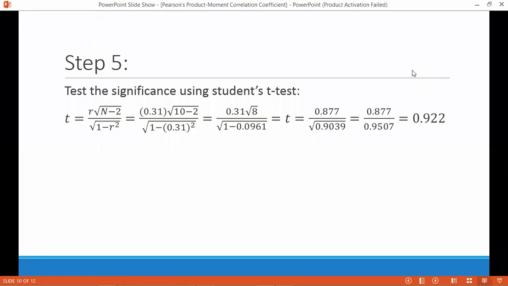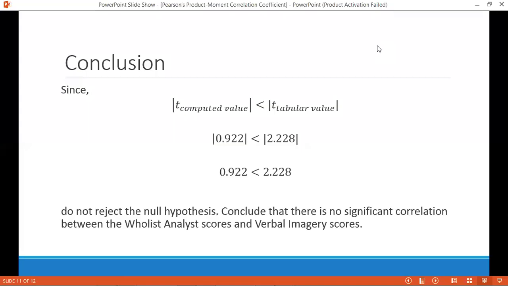Now for the step 5, test for the significance using the student's t-test. So substitute mo pa rin yung mga given. Alam na natin that the value of R is 0.31, the value of N is 10, and then hanggang sa masolve mo siya, the value is 0.922. Now, what does 0.922 mean? That means na, so for the conclusion,